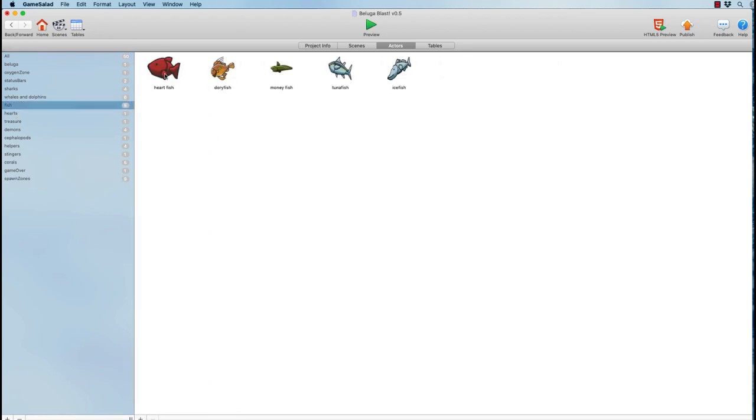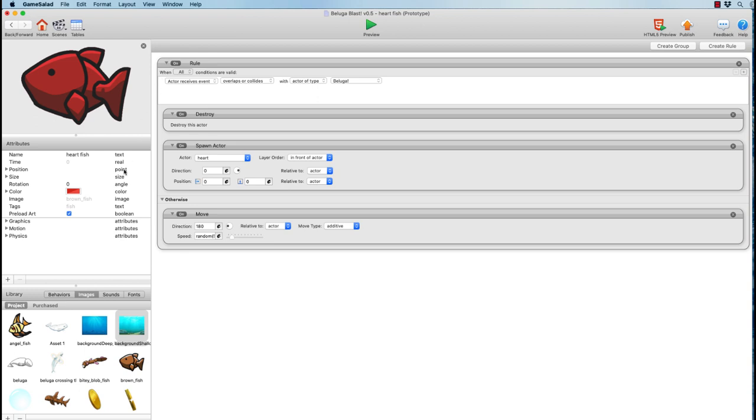So I've added a heartfish here that I've colored red, and this fish will come in and drop a heart. So the idea is we've created a rule. This is another type of conditional programming, a conditional execution.